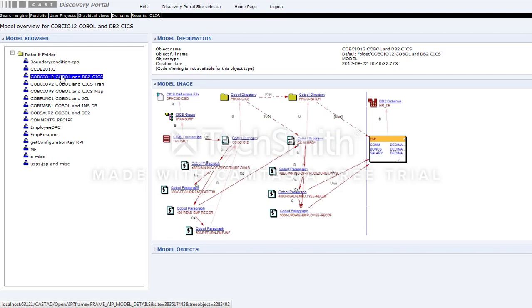This view will let me look at a specific image or graphical view that was built for me by an expert, so as to help me understand the way it works or the important things in the source code and the application structure. In this example, for instance, there's a highlight of a transaction starting with a Kix transaction down to the DB2 table. It doesn't show every object that is analyzed, that is available in the analysis services, but it was supposed to show me the interesting ones.